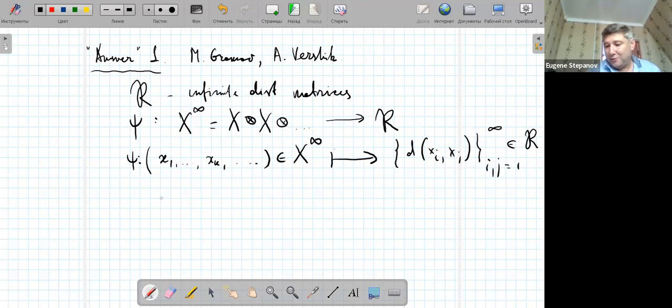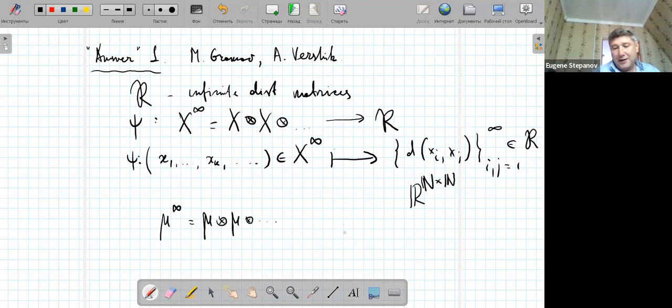And if you put in R, for instance, the topology of R^(N×N), so it's quite a weak topology, this becomes a Borel map. And if you put here the measure mu^∞, which is the infinite product of the measure mu, and if you call now nu the image by psi of this measure mu^∞,